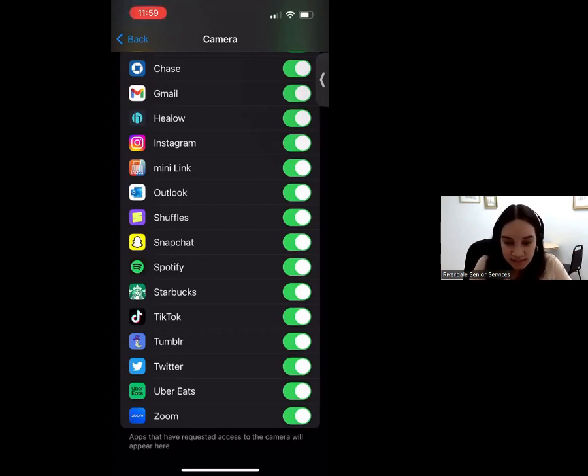Same thing with Chase. If you want to take a picture of a check to deposit it into your Chase account, you need to have the camera on. You can't just upload a picture to Chase from your gallery. That's a security issue. You have to physically take the picture inside of the Chase app. Same thing with Uber Eats. You have to physically take the picture inside of the Uber Eats app,